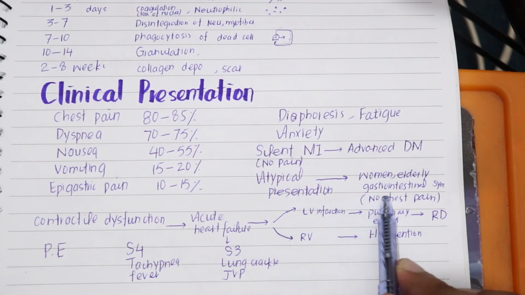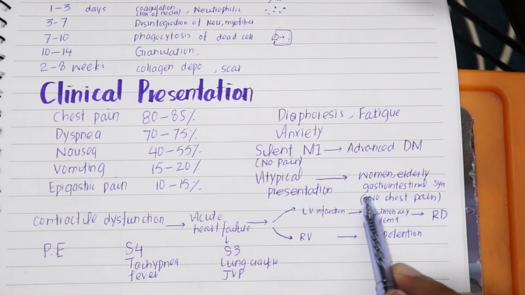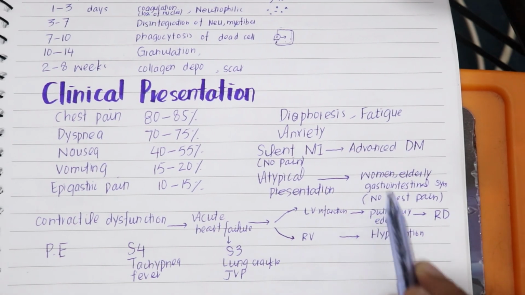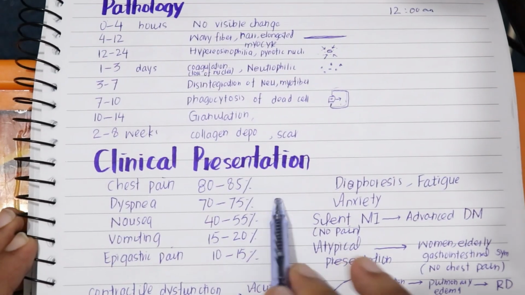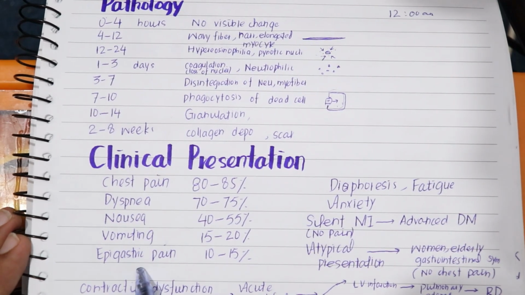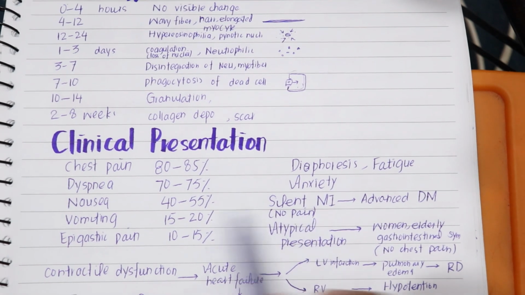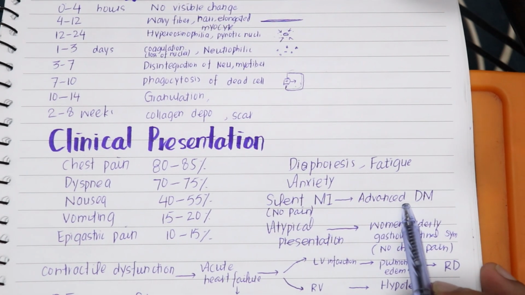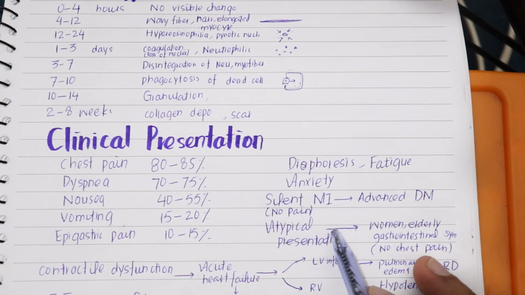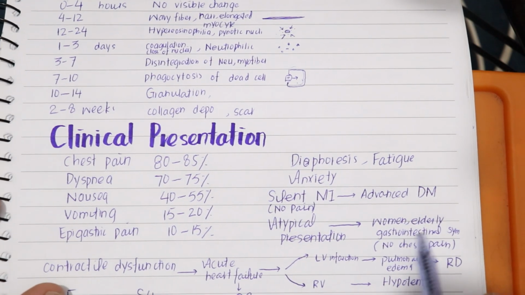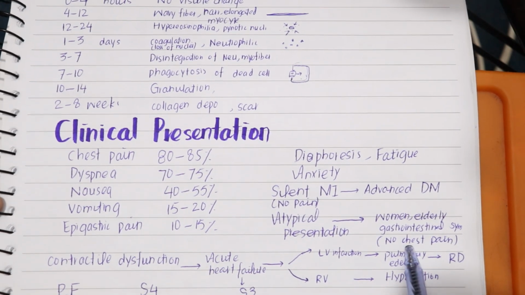and discomfort in abdomen as well as pain in abdomen. There is no chest pain, so this is an atypical presentation. The normal presentation is chest pain, dyspnea, nausea, vomiting, epigastric pain, diaphoresis, fatigue and anxiety. But in silent MI, there is no pain. It happens in advanced diabetes mellitus patients, and the atypical presentation is in women, the elderly, and those with gastrointestinal symptoms with no chest